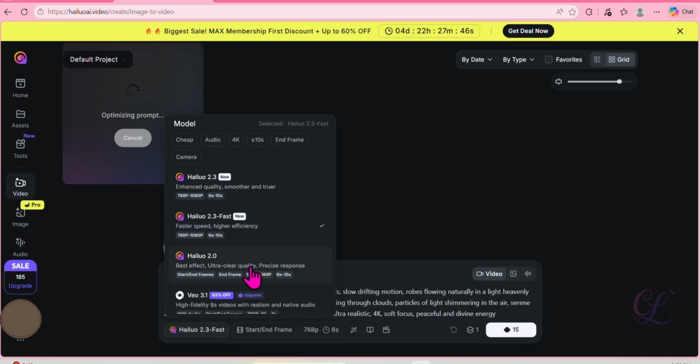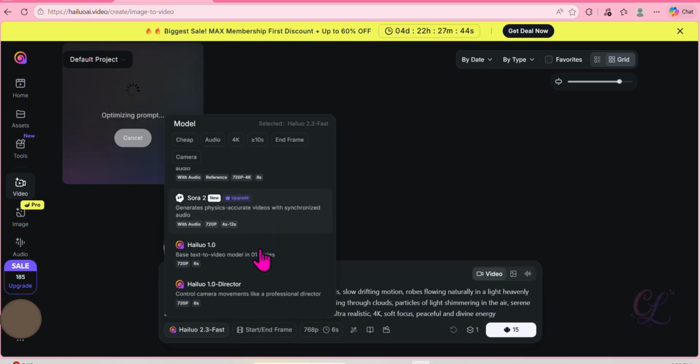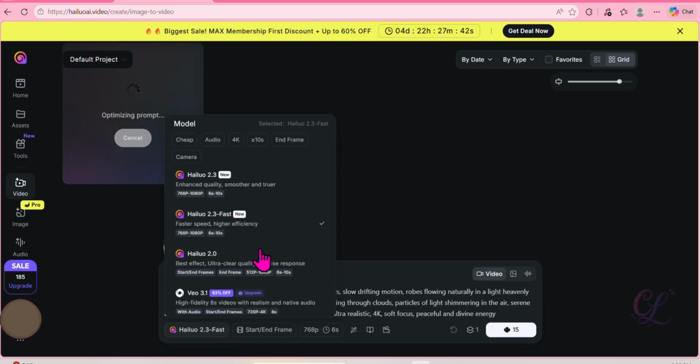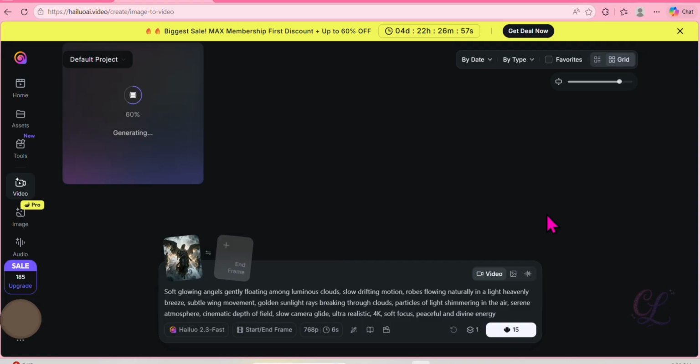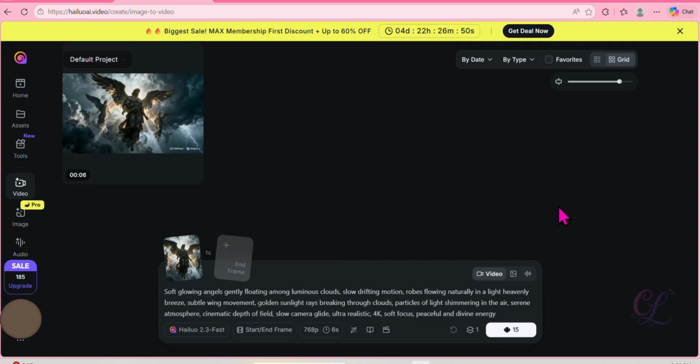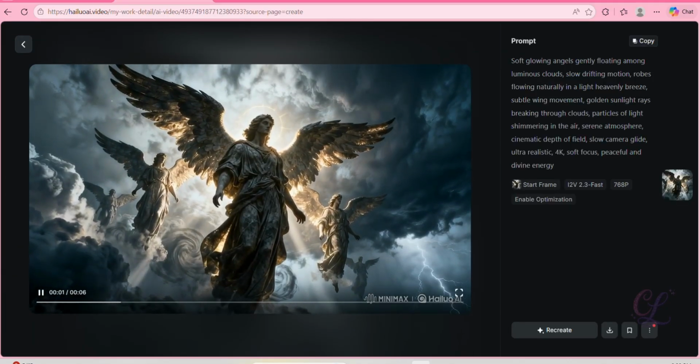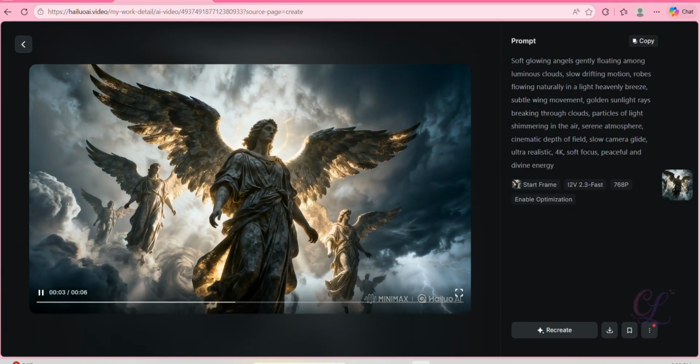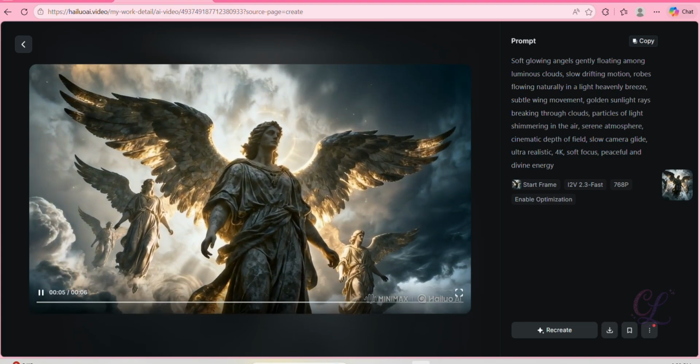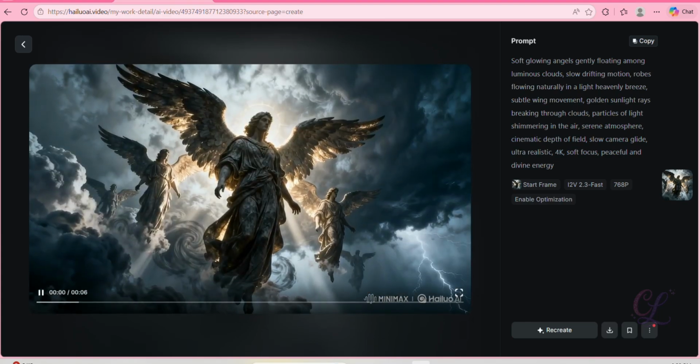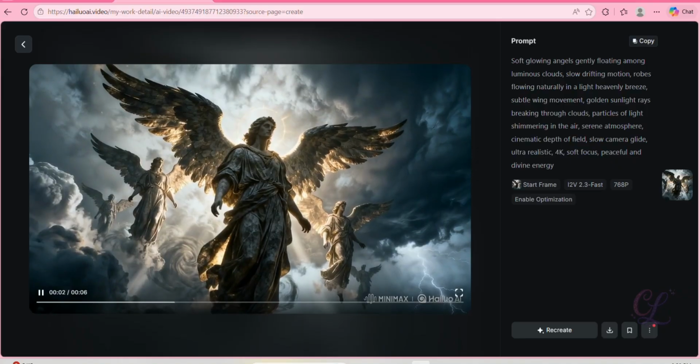They've also got a few other tools on there too. Now, I've actually gotten much better results from Hailuo, so take your time, play around with your prompts, and really